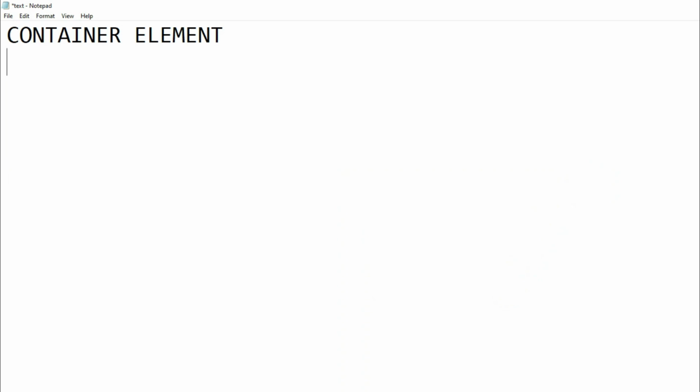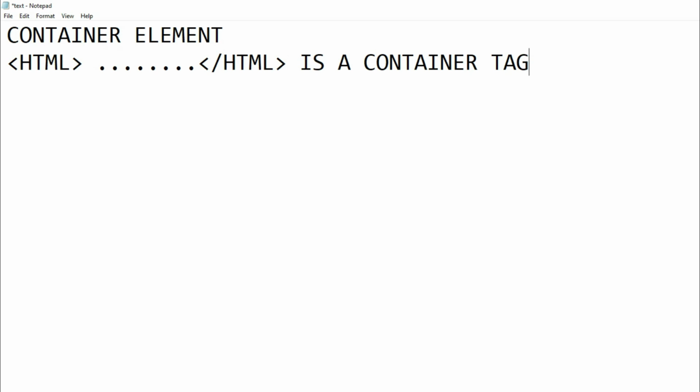Here container means first we'll open the tag, like suppose the HTML tag, then we'll write something as the content, and you will close the tag. So the HTML tag is a container tag, because here the starting tag, middle content and end tag are all there.